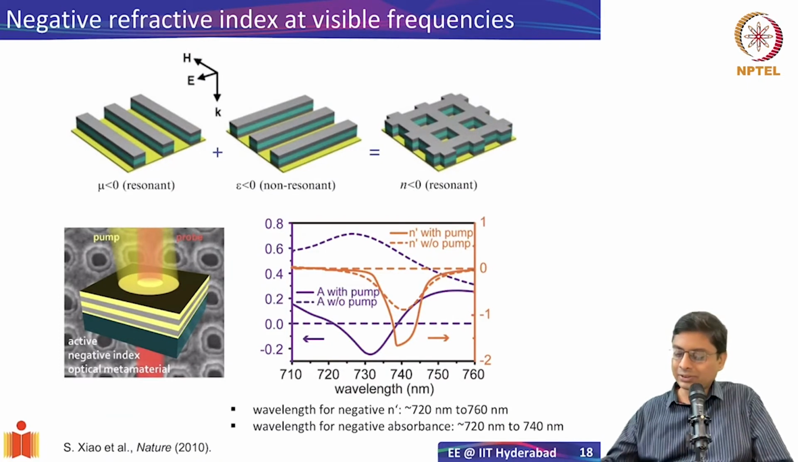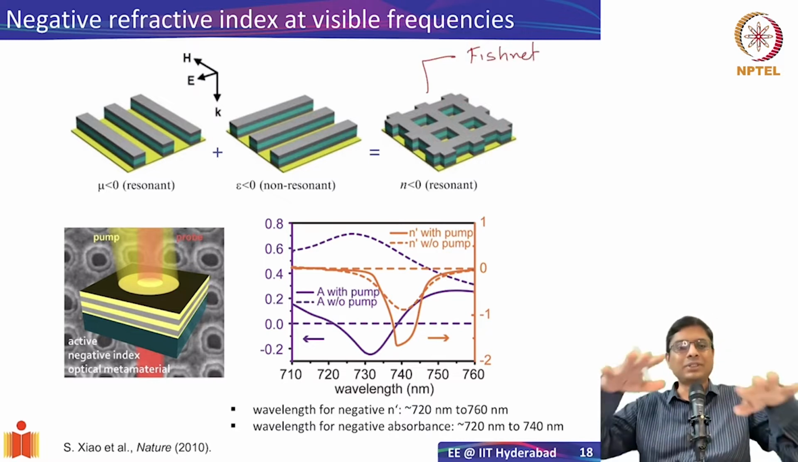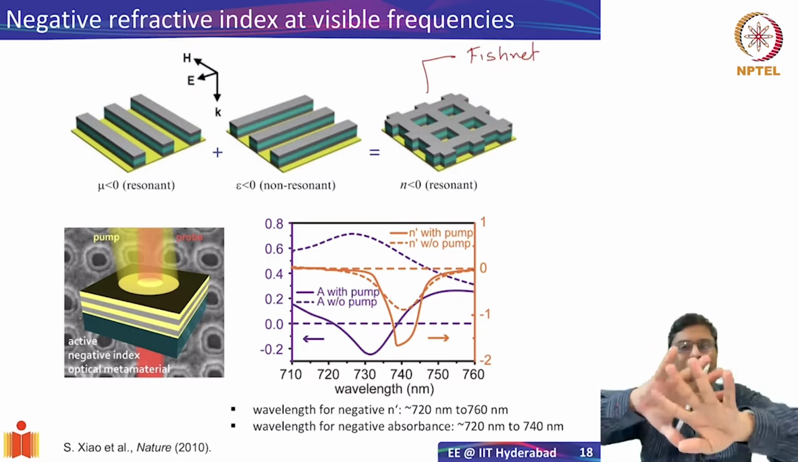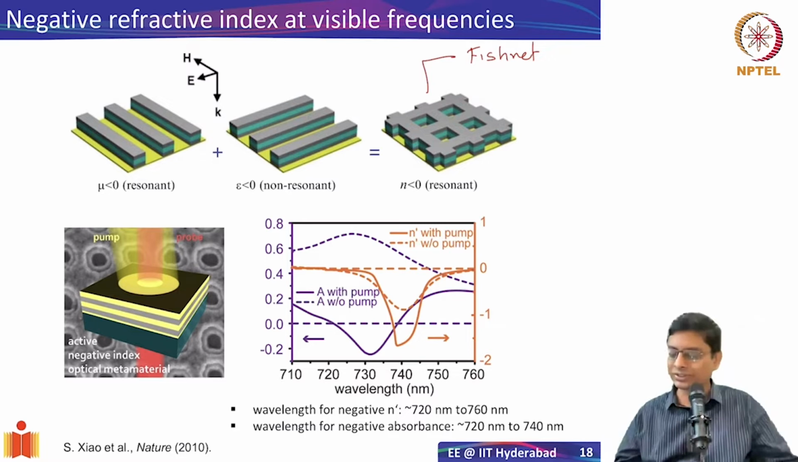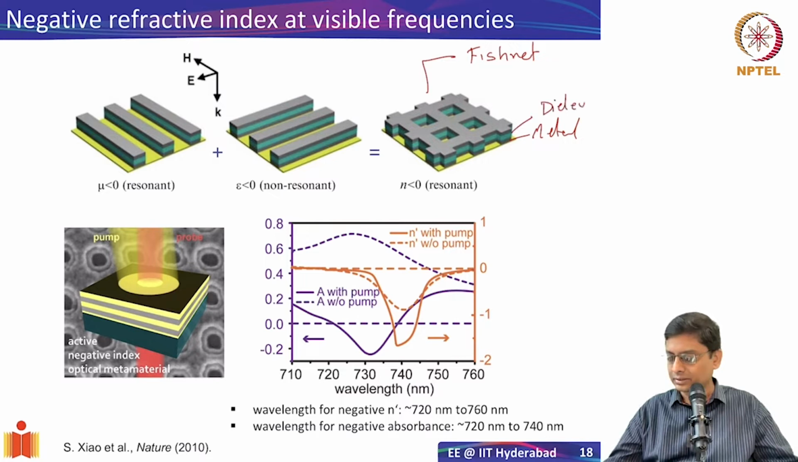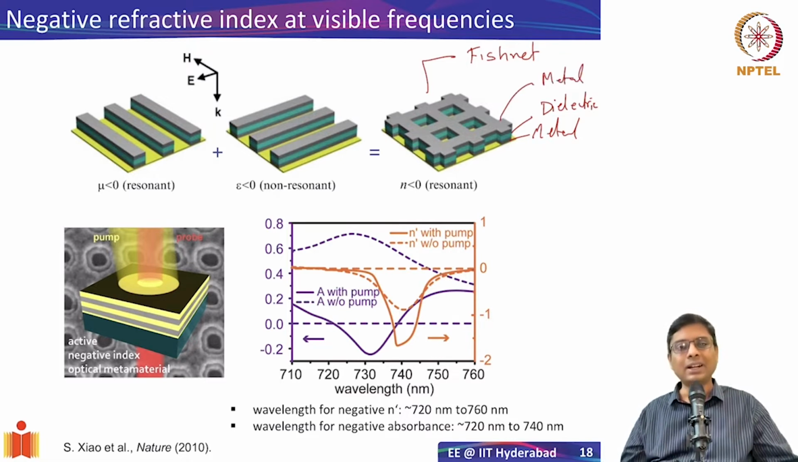So now if I combine them and appropriately design a structure, we end up with what is known as this fishnet structure, essentially saying that you have these two strips which are overlapping with each other. So you have a net kind of structure. This is a fishnet structure, and you have the metal, dielectric, and metal again. When you have such a structure, you can actually get magnetic or negative index at visible